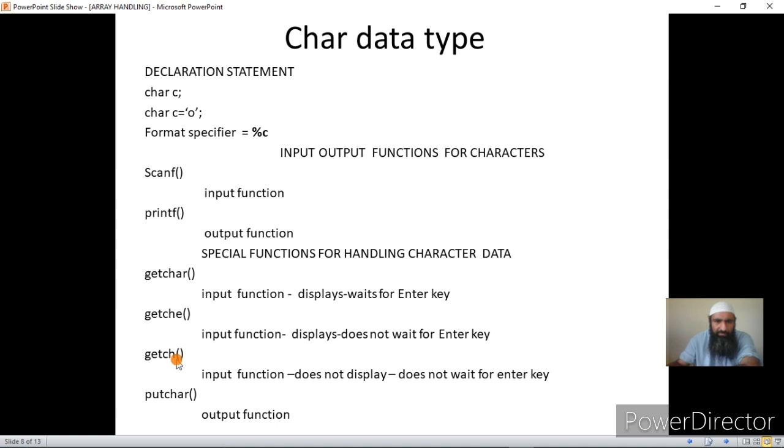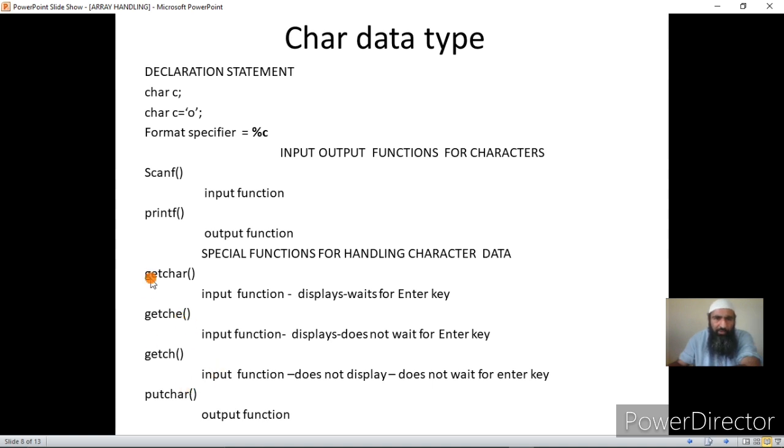And getch means get the character, or input the character from the keyboard, and store that in a variable and don't echo it on the screen. E stands for echo. Echo means displaying the character that you have pressed on the keyboard on the user screen.